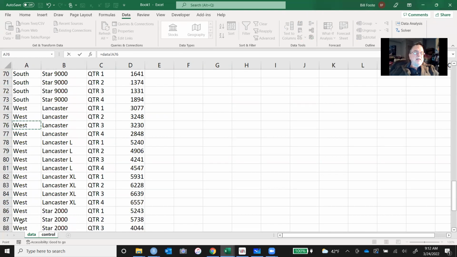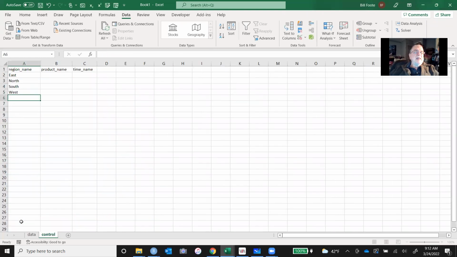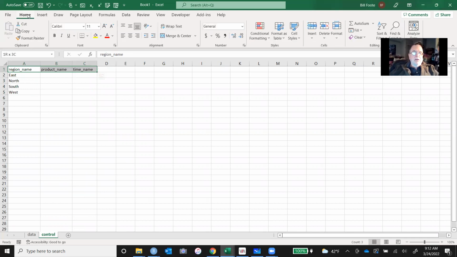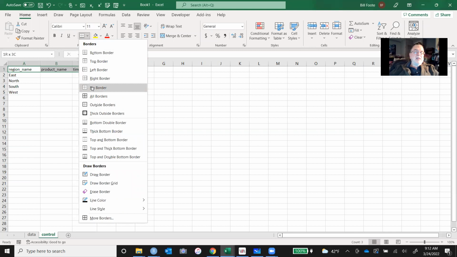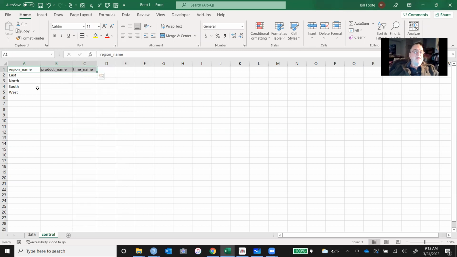Oh, west. I think we have 4, right? Now, these are all I'm going to need right now, and we can build the rest as we go along. It's always a good idea to make it visually easy with all borders. Okay. Now, the other thing I'm going to do is take this regional name